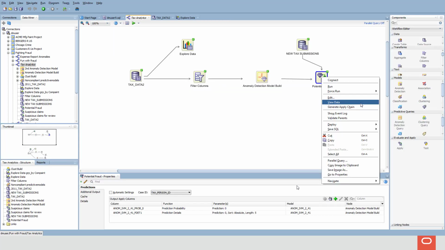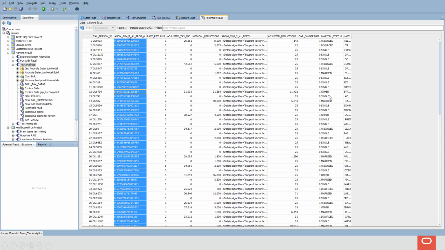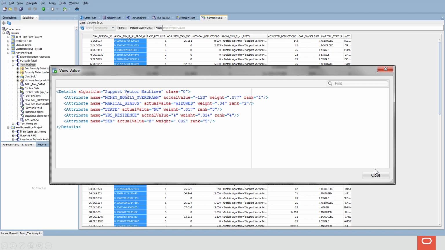So that's what I'm going to do here. I'm going to take the data and I'm going to apply it to some new tax submissions and make predictions. And I give the predictions, and I can have a probability of them being anomalous. I can also have these little pop-up rules, what we call prediction details, that we also infer from